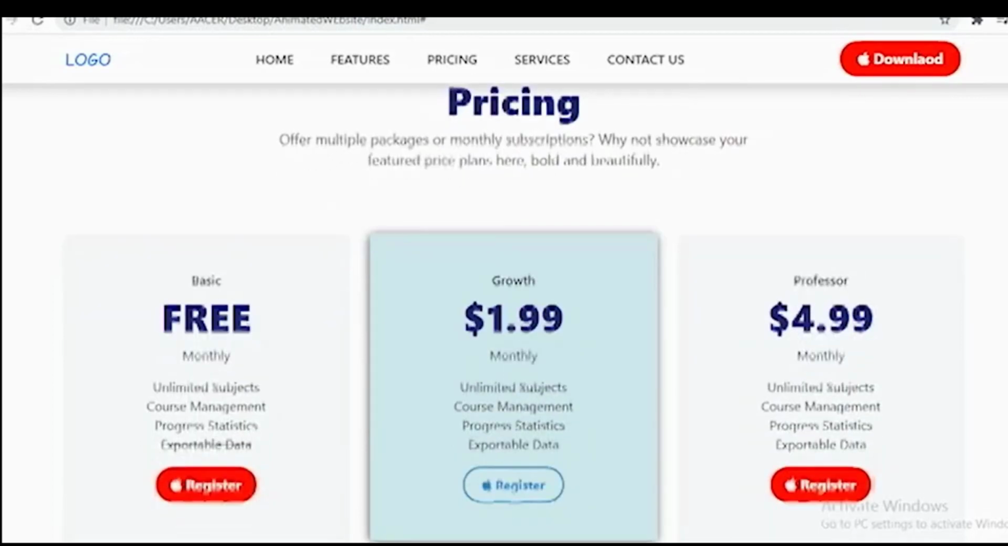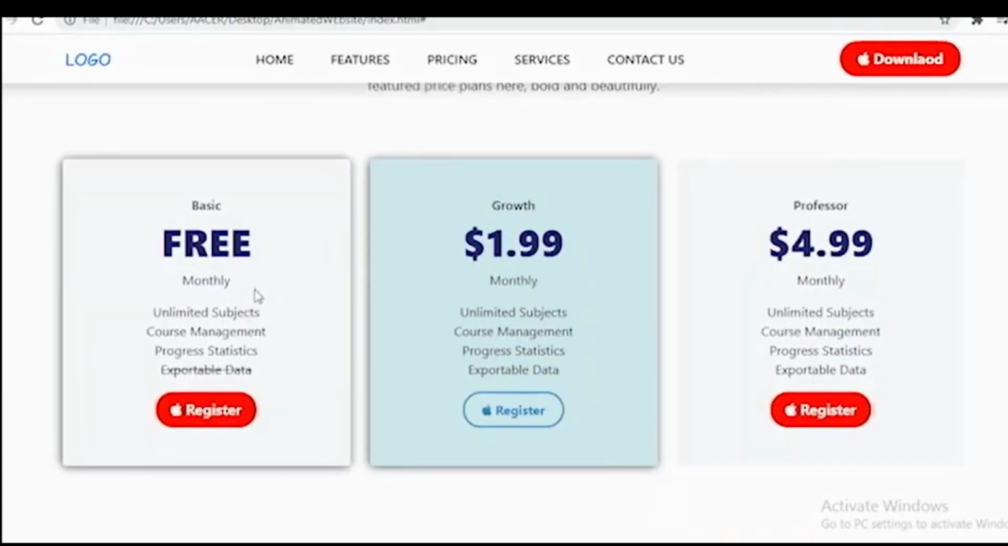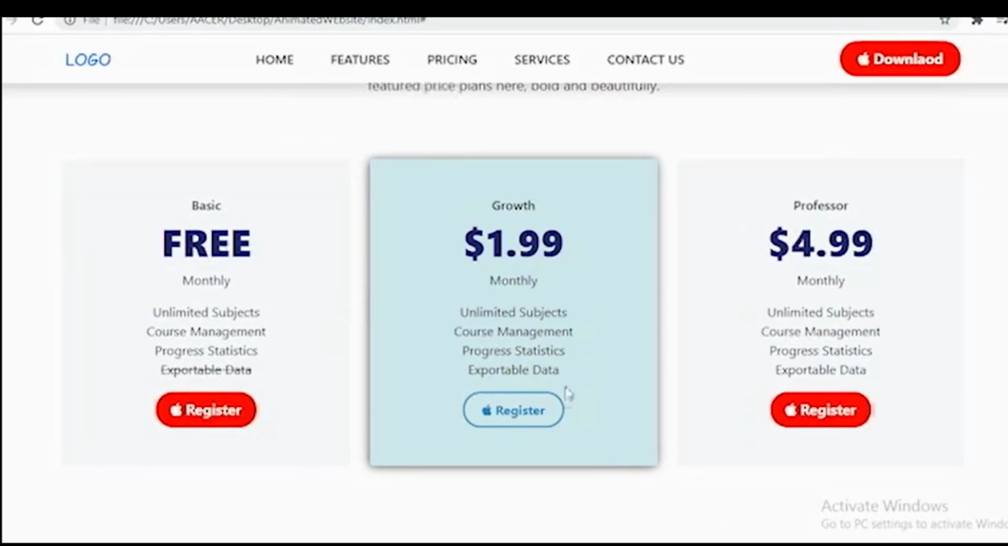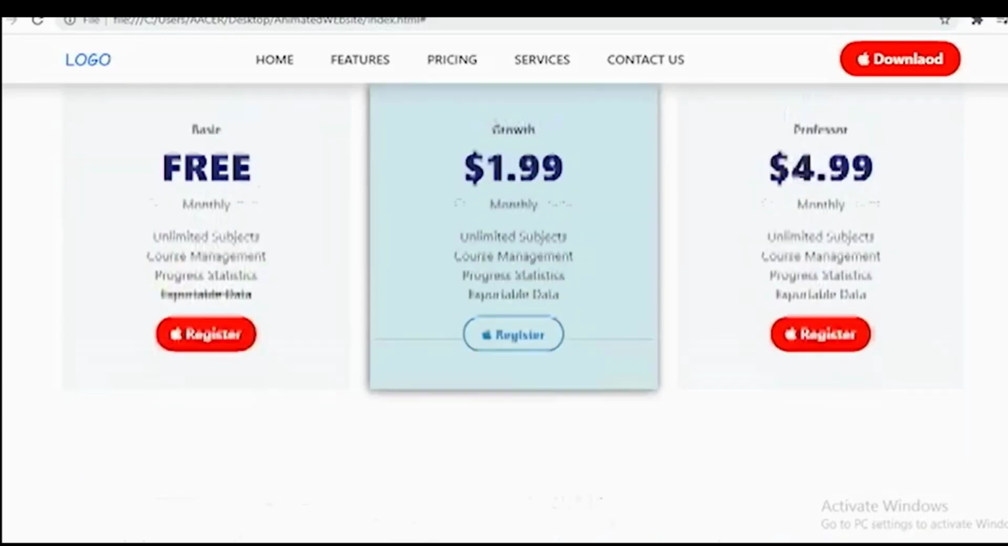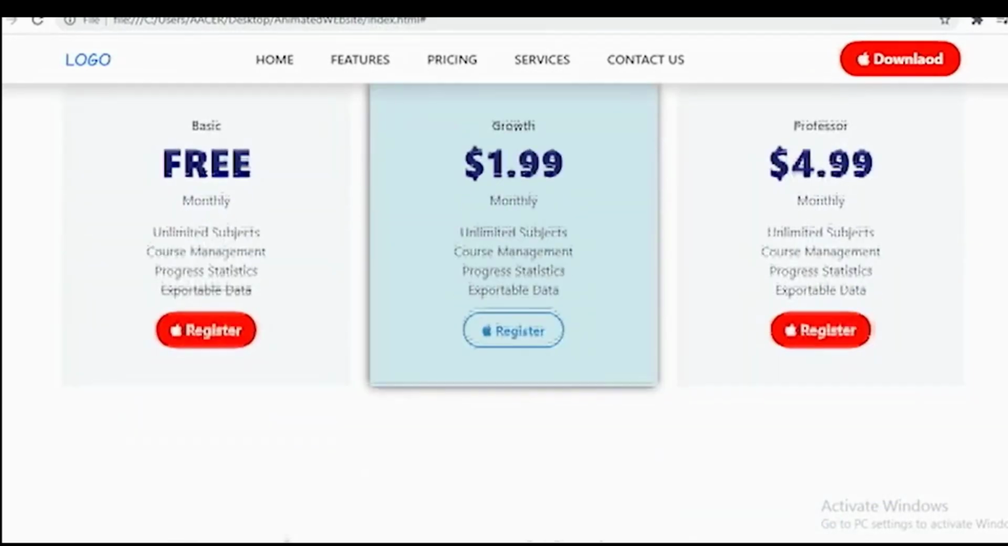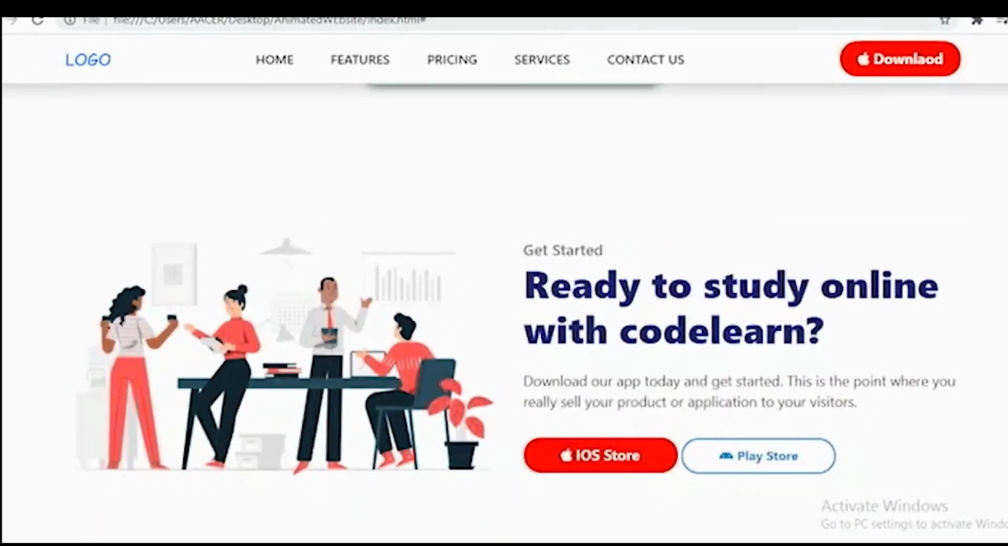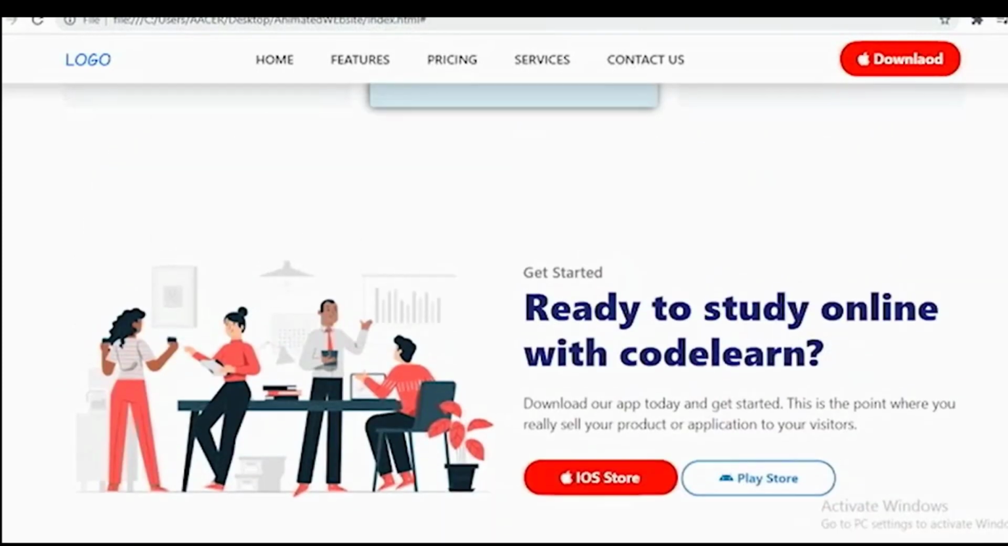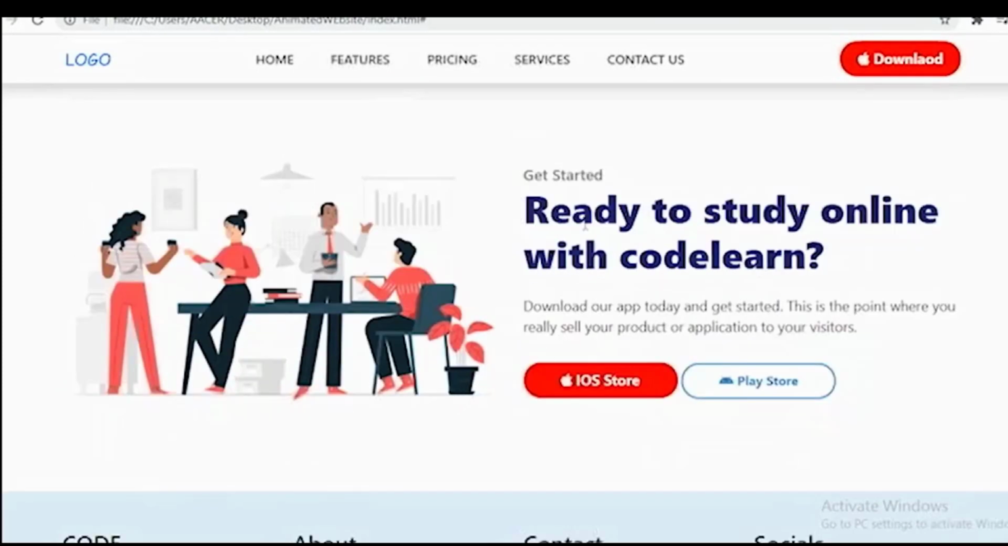First of all, one heading, and after that here we have one paragraph, and here we have three cards with the hover effect. Whenever we hover on these cards, it creates a background shadow effect, and each has one button. So this is our pricing section, and after that here we have our second last section, one image and the